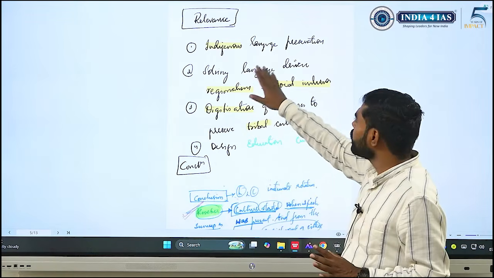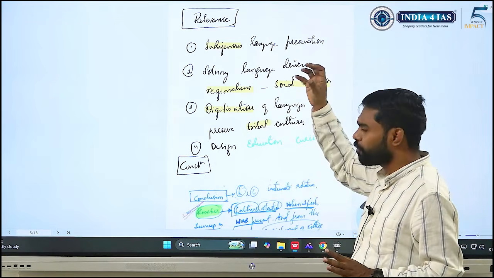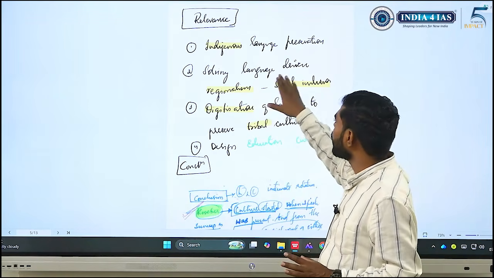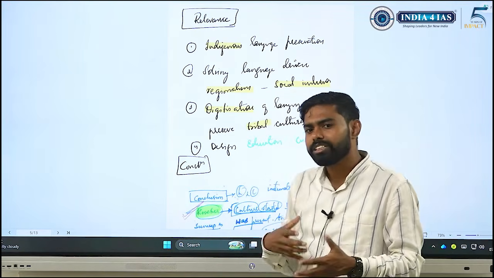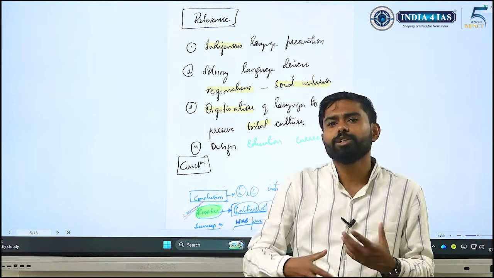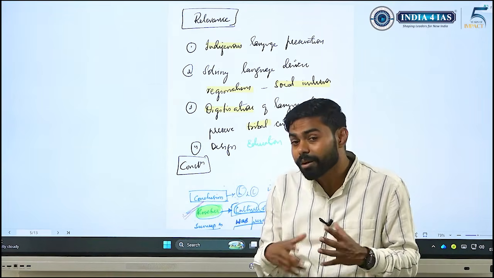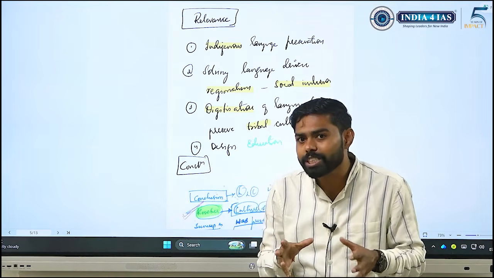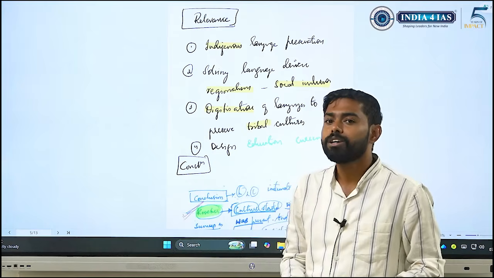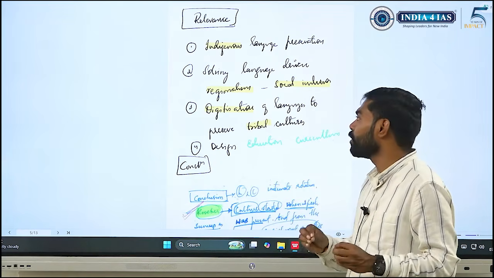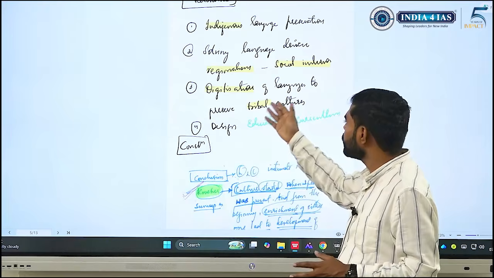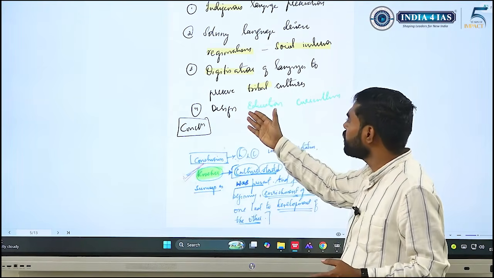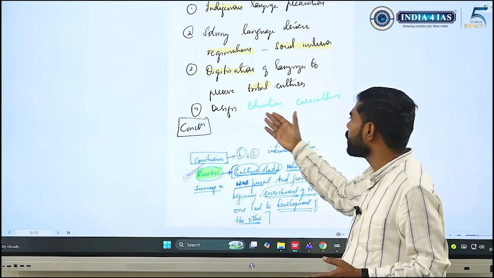I am writing that indigenous languages get preserved if we understand the linkage, and it helps in solving language-driven regionalism and social inclusion, right? Because language is not just something we use as a medium of communication. It is something which embeds every aspect of human life. So that is the importance of language. And I have tried to integrate the technology element: digitization will help in preservation, and this is the unique point that I tried to bring.